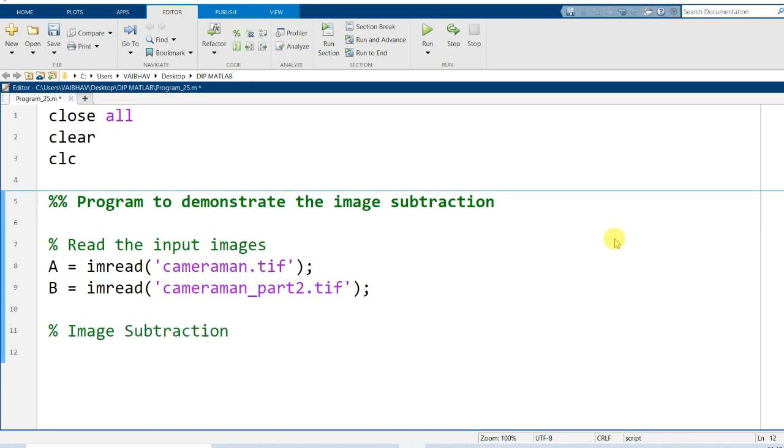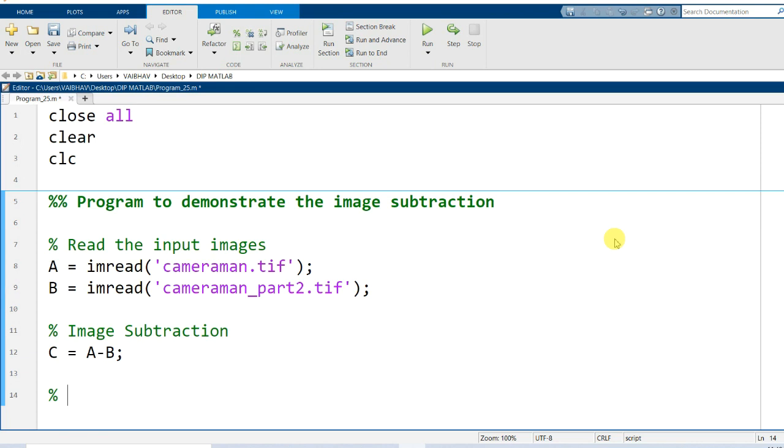For image subtraction, I would like the result to be held by another variable that I am going to generate, capital C, and simply it will be assigned the value of A minus B. Here it is element-wise subtraction: from the pixel intensities in the variable A, or image A, the corresponding pixel intensity values in image B will be subtracted, and the result of that element-wise subtraction will be stored in the variable C. Definitely we are going to have a visualization of it.